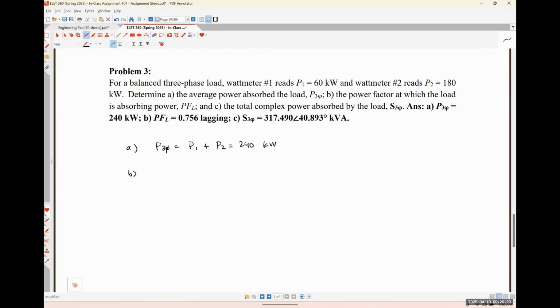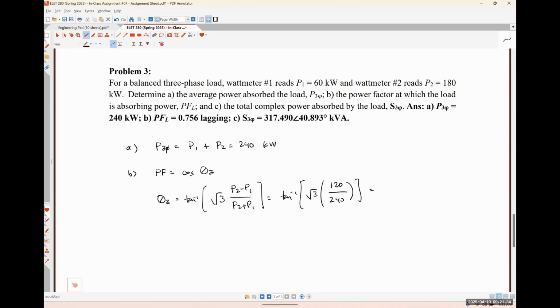For part B, we're asked to find our power factor. Well, we know that our power factor is just equal to the cosine of theta z, and we learned that theta z can be determined by doing the arctangent of root 3 times P2 minus P1 over P2 plus P1. So that is going to be the arctangent of the square root of 3 multiplied by, so let's see, P2 minus P1. So 180 minus 60 is 120. And 180 plus 60 is 240. So that's literally just root 3 times a half. So inverse tangent of root 3 times 1 over 2,